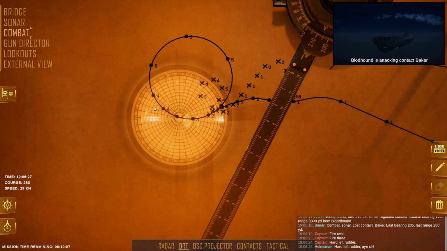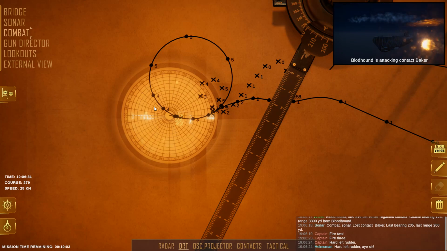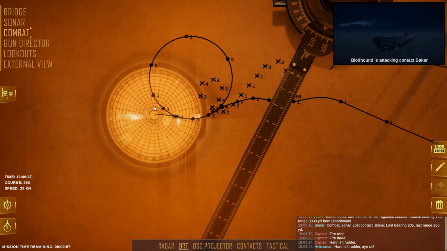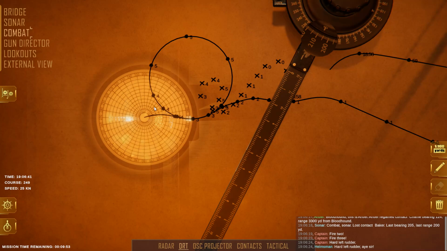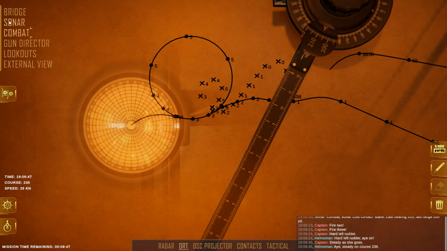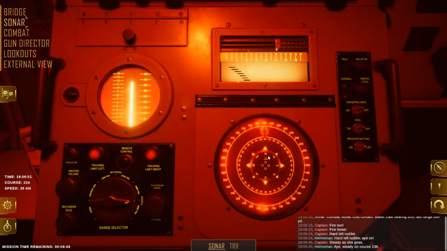Combat sonar. Hopefully we'll go ahead and drop right in front of Baker. Lost contact. Last bearing 205, last range 200 yards. We got awful close to Baker, but I don't think we actually got him. Steady as she goes, go straight ahead. 236. Sonar, I would like to go ahead and have you track...